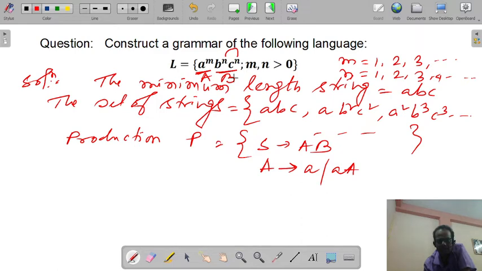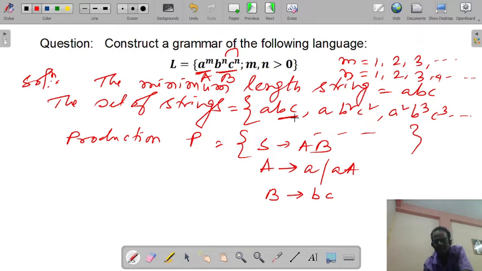And the next part is to produce the number of B and the number of C. So B implies small b and small c. So that will be the least number of b and the least number of c. But how to increase the number of b and number of c?